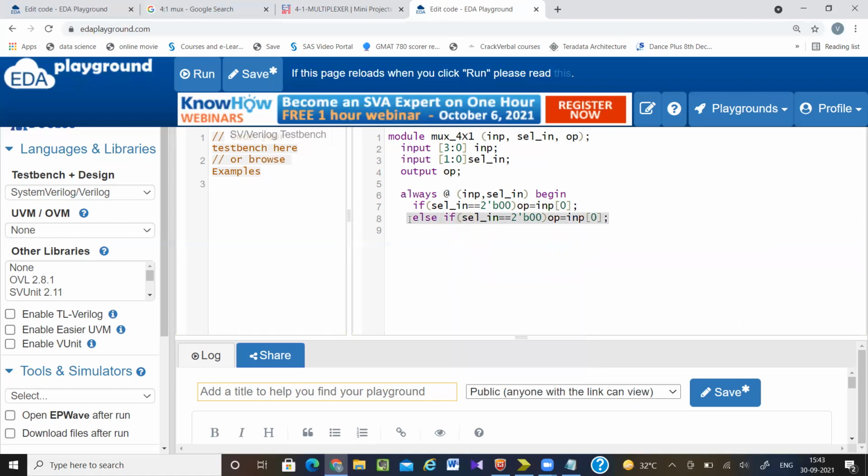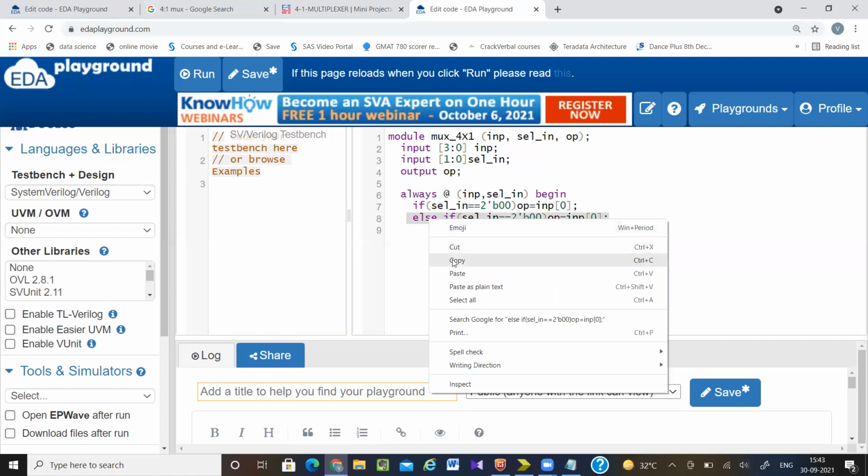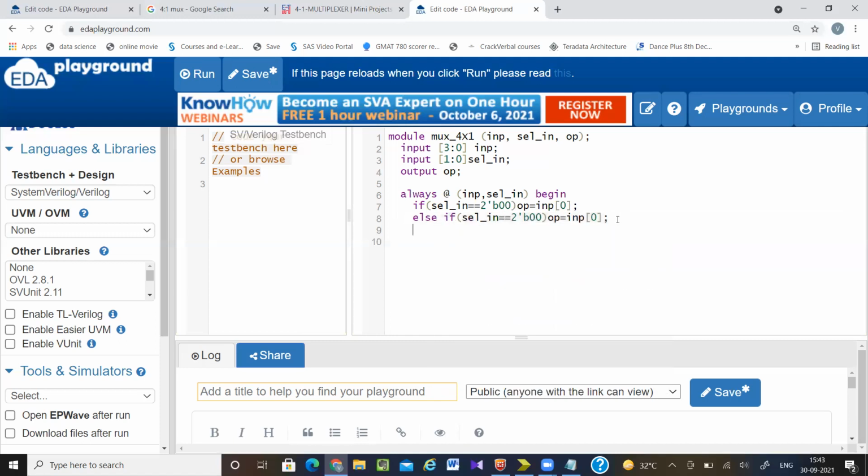So 00, 01, 10, 11, it is input of 0, input of 1, input of 2, input of 3.